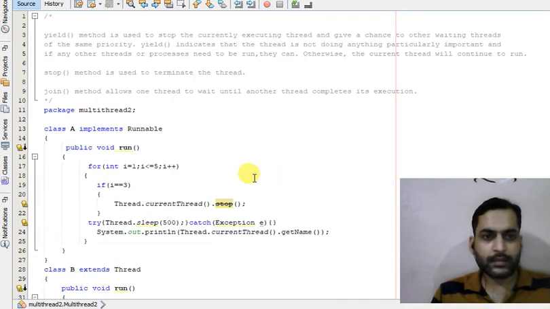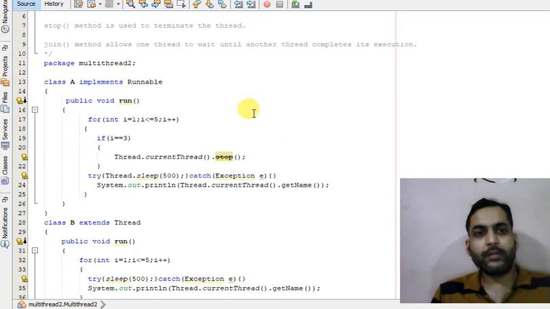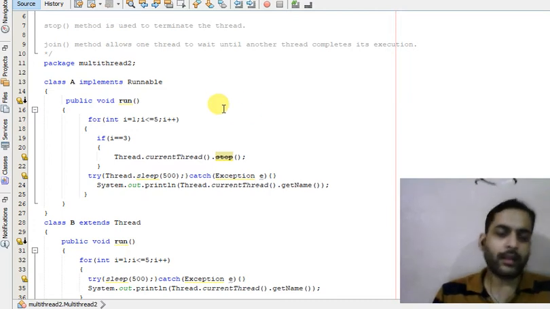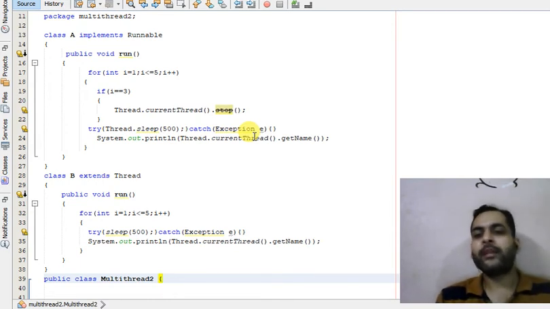Now let us try join method. Join method allows one thread to wait until another thread completes its execution. Means if there are two threads, T1 and T2, and if I write T1.join, then T2 should wait until T1 completes its execution.